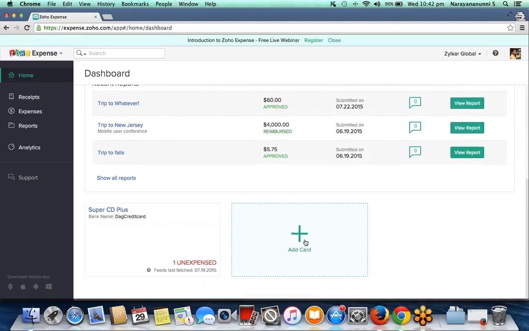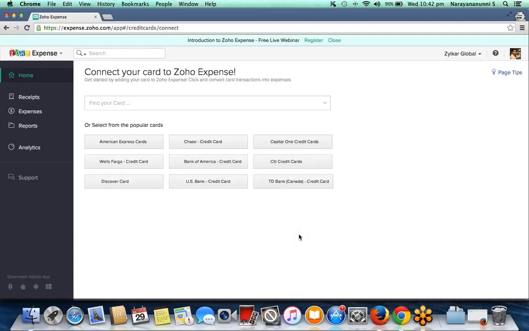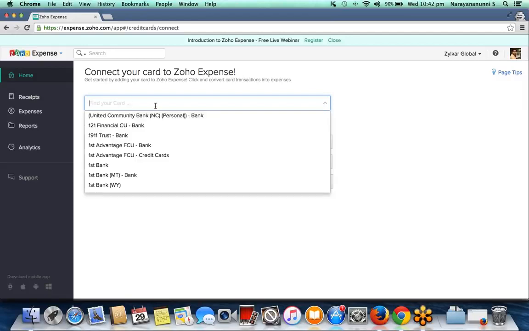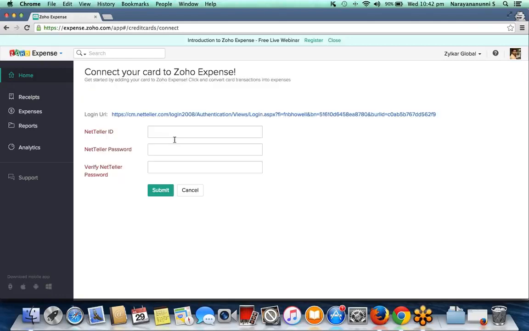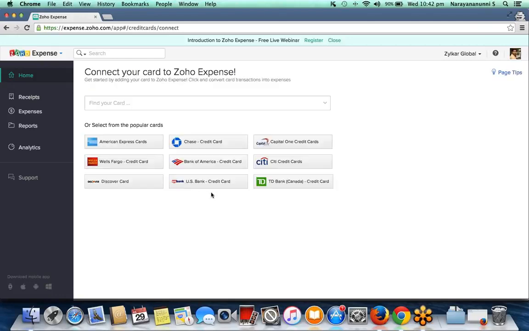And down below, you can find an interesting feature to add your credit or debit card to this application. You can just click on this plus add card button, and you can find your card from here. You can just type in the name or select it from this list, put in the credentials, and click on submit to connect your card to Zoho Expense. This application is integrated with more than 5,000 banks, so you can very easily connect your cards and fetch the